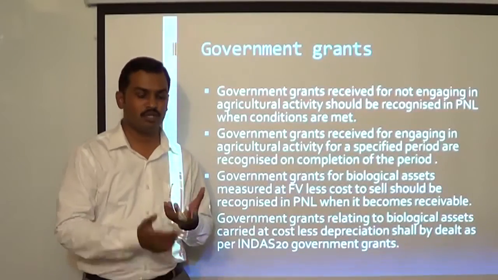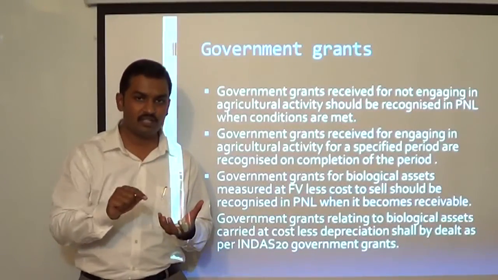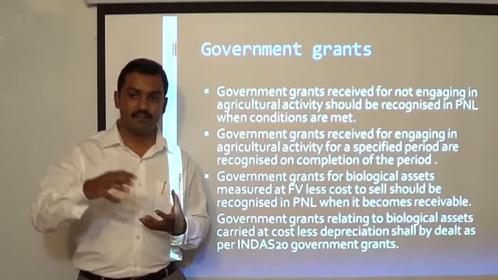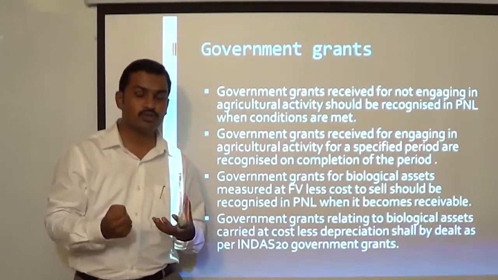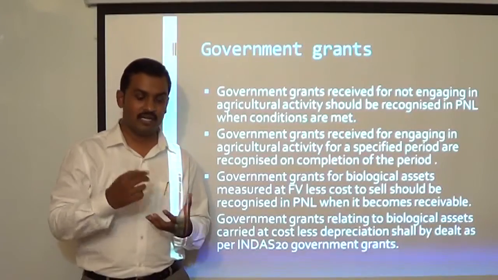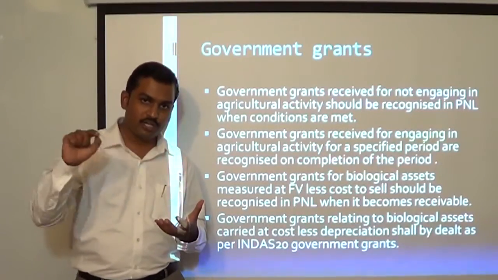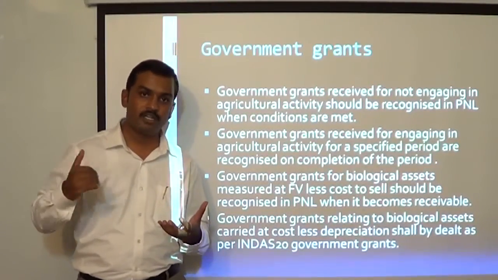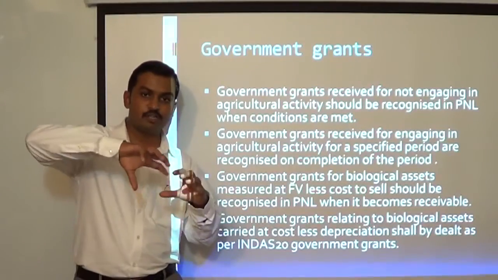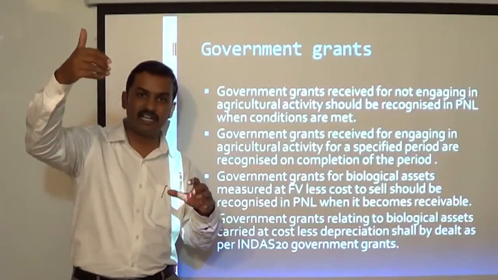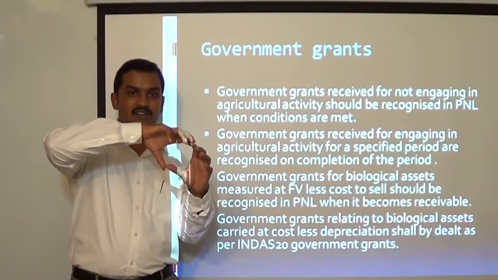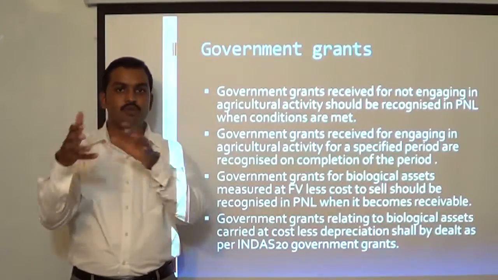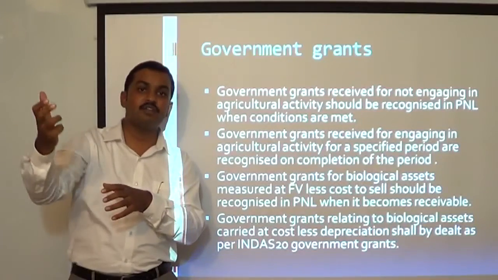It can become a gain. You can simply pass an entry biological asset account or to fair value gain account. When you pick fruits from the tree, when you get produce from your agricultural activity, again you will say agricultural produce account or to fair value gain account will be credited to P&L account. When this agricultural produce is sold, you will say P&L account or to agricultural produce. That means the carrying amount of the agricultural produce will become cost now and related revenue will be credited to